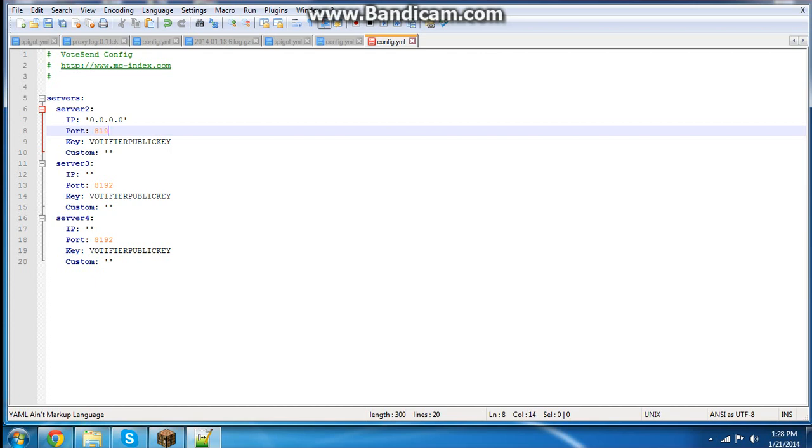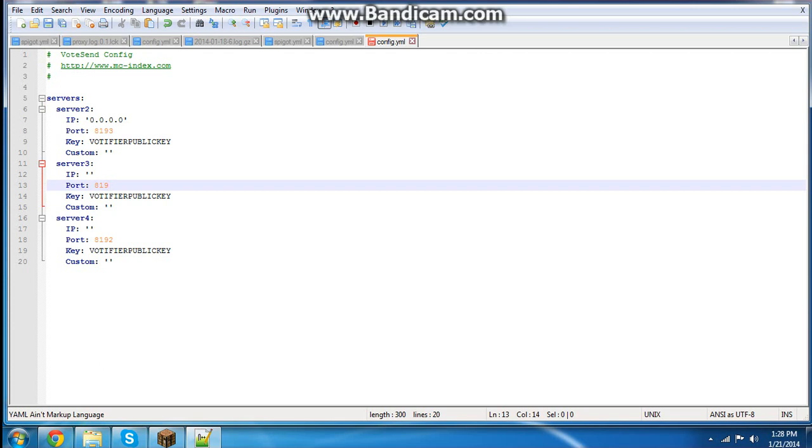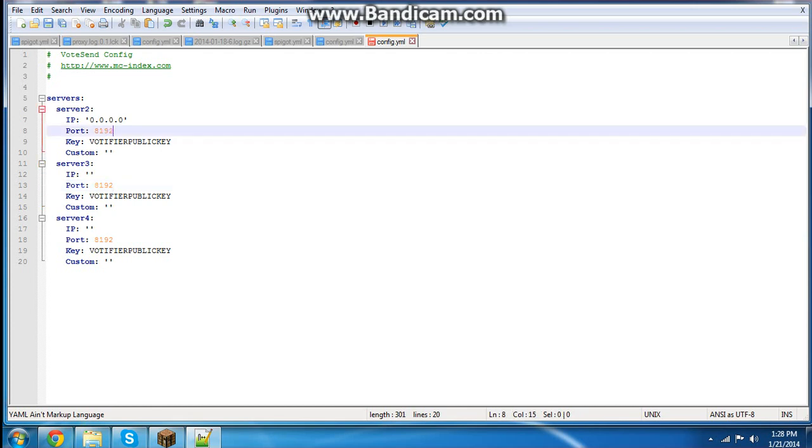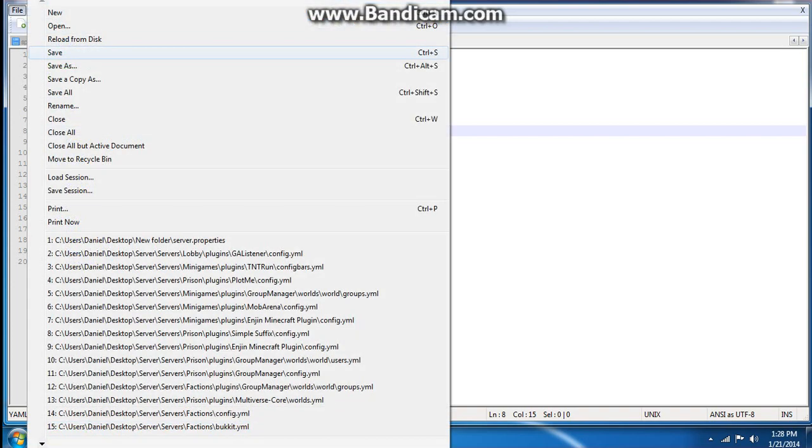loop. So here, do 8193, 8194, 81. Actually, wait. I'm just gonna keep it all 2, not to confuse you. Okay. So the first one, let's change it to 3. Right now we have a key, but we don't know it yet because we haven't set it up on the